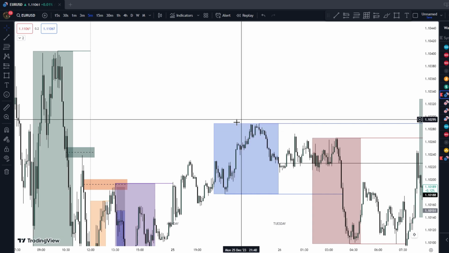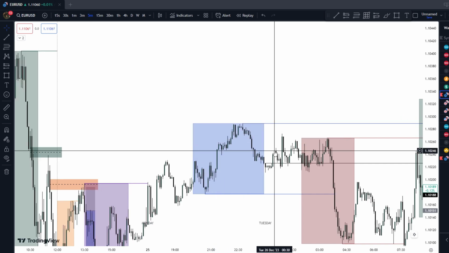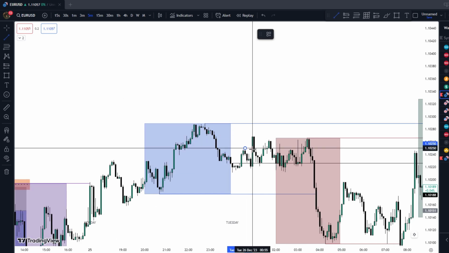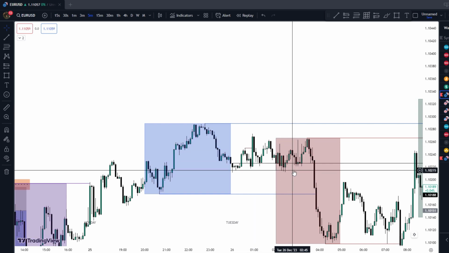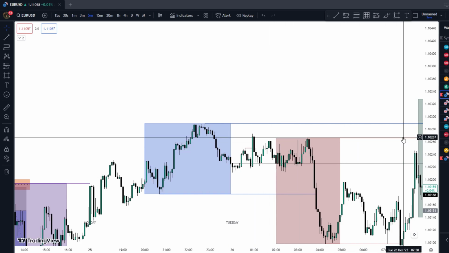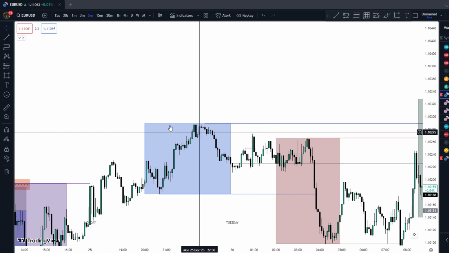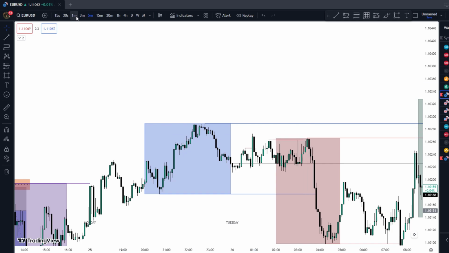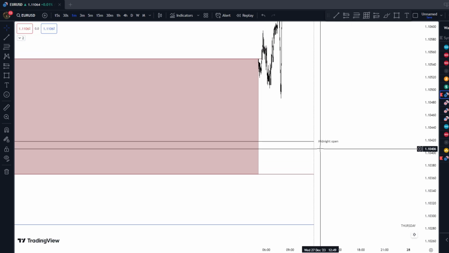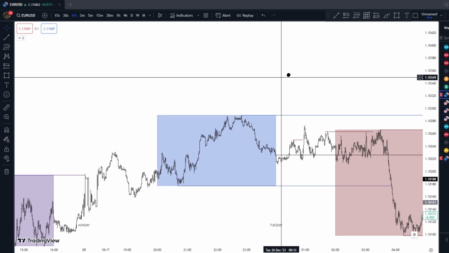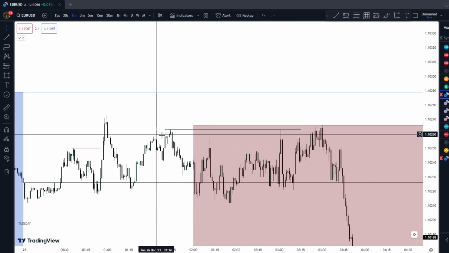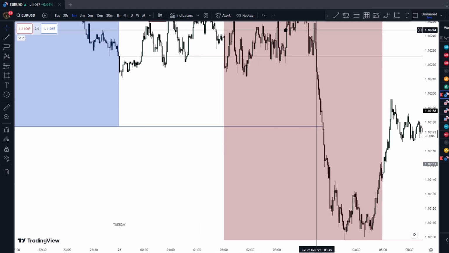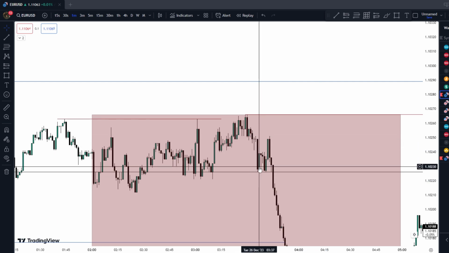I wouldn't expect Asian high to be taken. I would look for any short-term highs to be taken that we get here. We took out this short-term high, then we consolidate. During London, I would still look for liquidity to be grabbed. As you can see, we take these equal highs here. So I'll go to the 1 minute time frame now. After this trade during London session, where do we have a market structure shift? We have market structure shift here.